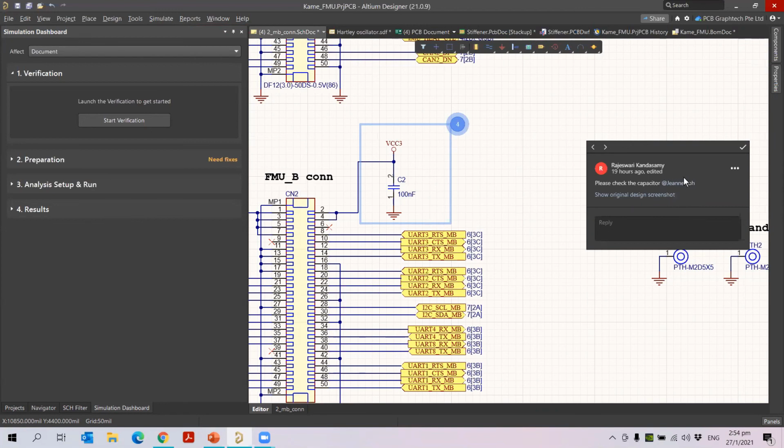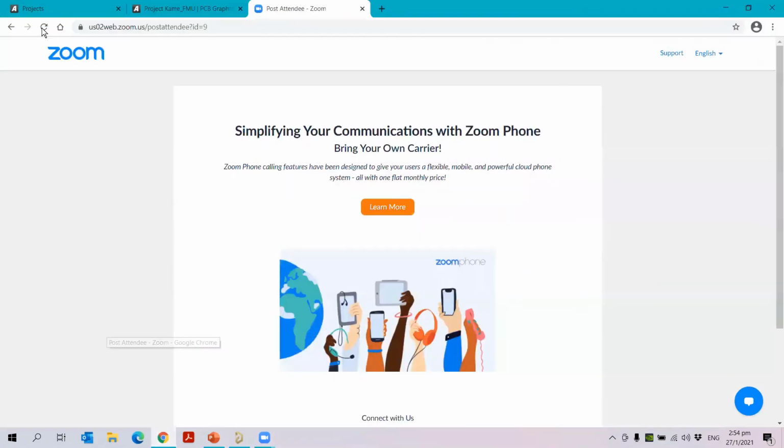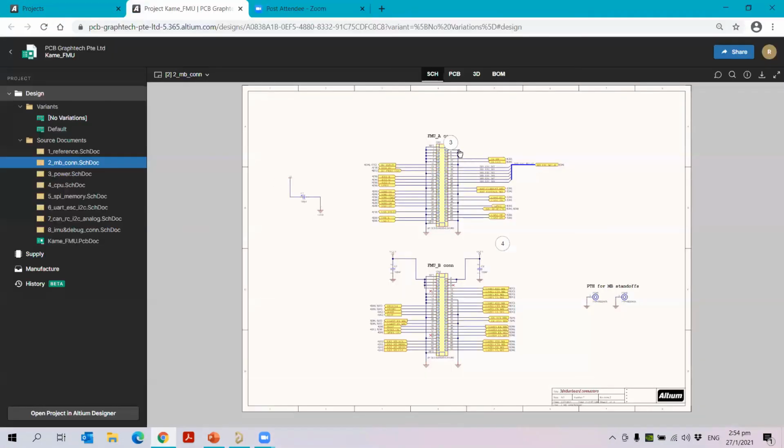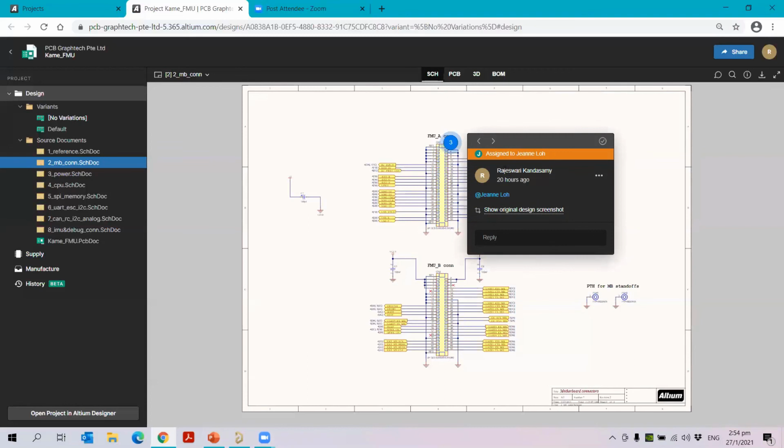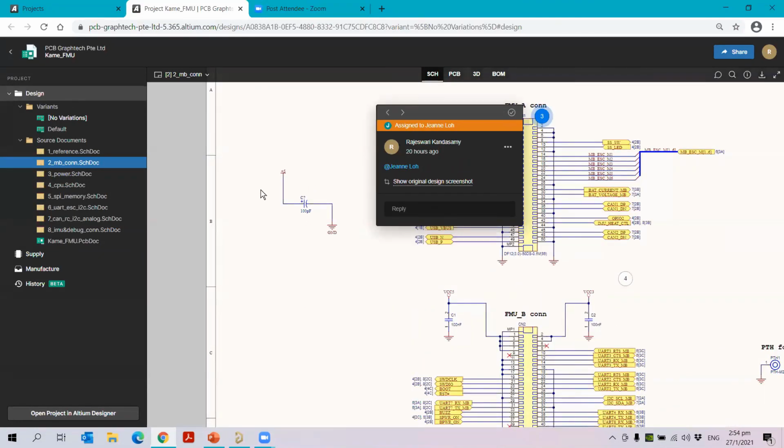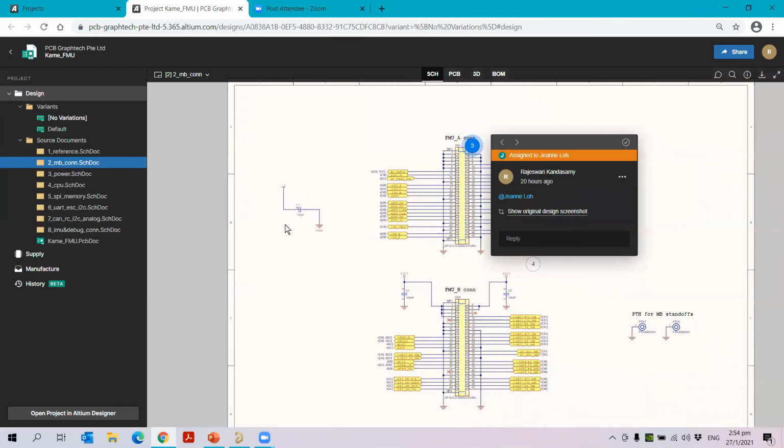Okay, so my colleague will be receiving the email, as well as she can see it in the Altium 365, what the comment is. And then she can also edit and reply to me in the Altium 365. For example, you see the comment here. So she has edited and then she also gave me some messages. Okay, so this is her file in the server. We have the original file. You can see she has the component. Okay, so this is how you can do the changes in Altium 365.